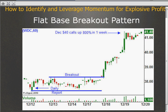This is a failed descending triangle pattern. And I just want to point out that any of the patterns that I'm showing you work just as well on the downside in reverse. So normally, this is the opposite of our ascending pattern. So normally, this pattern right here would be a bearish pattern. So when you have a bearish pattern and it breaks out to the upside and you have this gap right here the next day, you know, hey, man, the bears lost, the bulls won, this thing is going up,